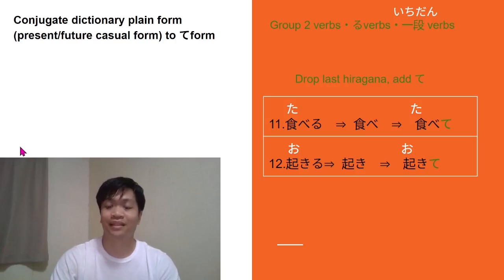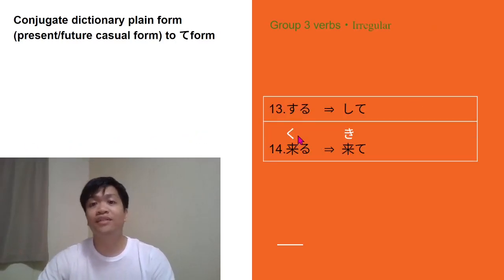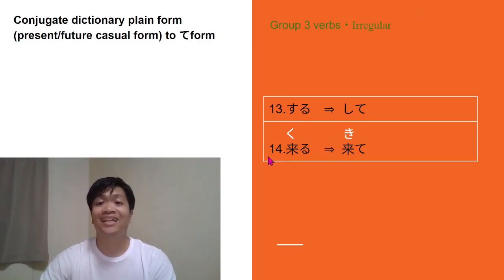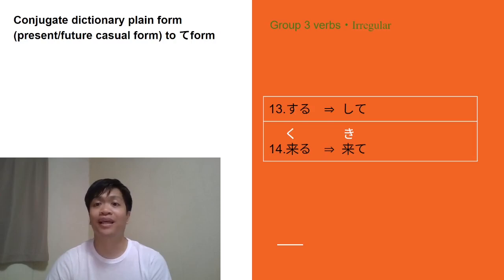Very simple. Last one, number 3, are group 3 verbs, irregular verbs. Just 2 of them. Suru, that changes to shite, and then kuru, that changes to kite. So those are all of them, groups 1 to 3, how to conjugate them all, and then that one special exception,